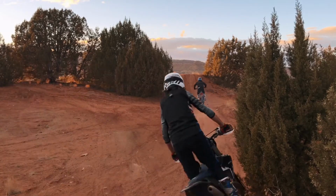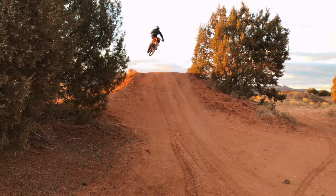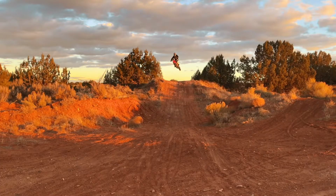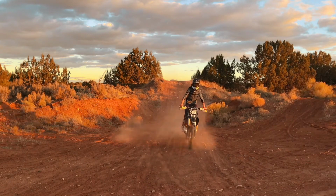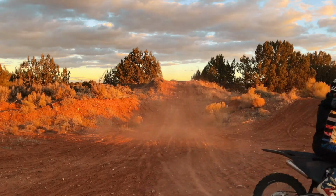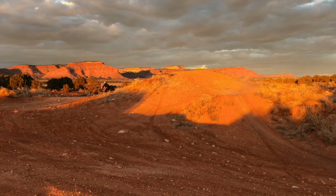And although it was a fairly small and simple jump, it was still a little bit gnarly, and even though I've hit jumps that have been much bigger than it in the past, I still found myself doing a million test runs, looking at it, trying to visualize it, and really just procrastinating against it, even though when I first rolled up to it, I knew how fast I should hit it, and I knew just what it was going